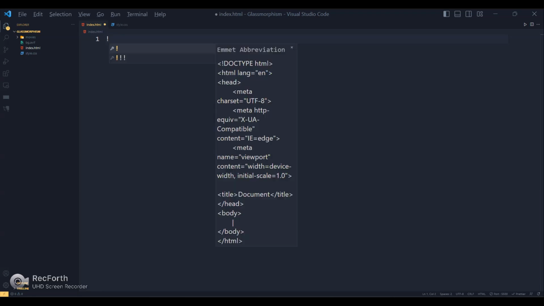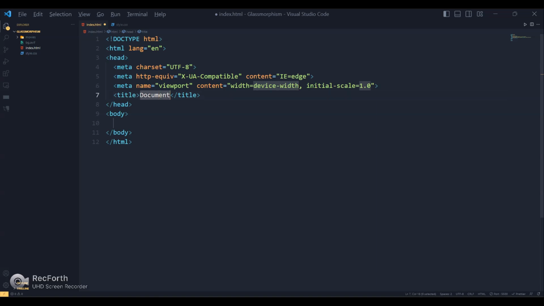Alright, let's get started. So I've created this index.html file, and I'm going to write Learn Glassmorphism. Okay, sorry. Right. So yeah, we're going to start by creating a container,